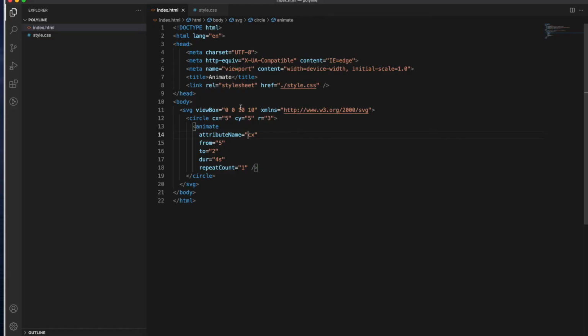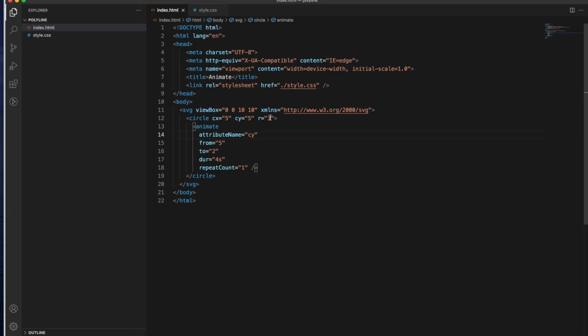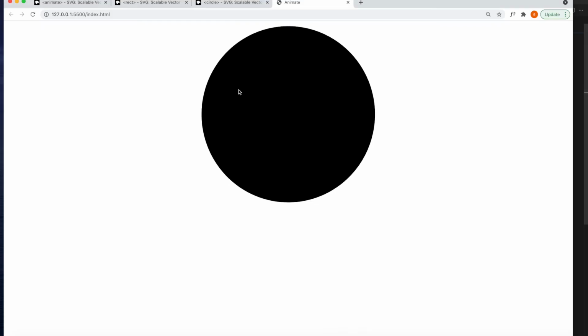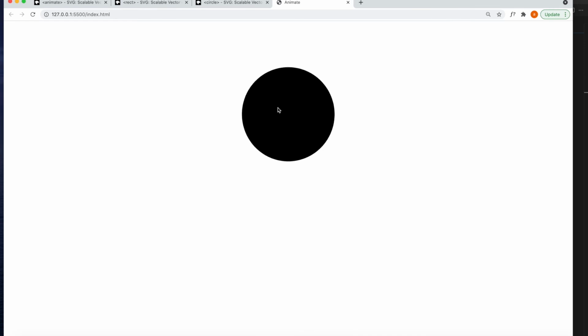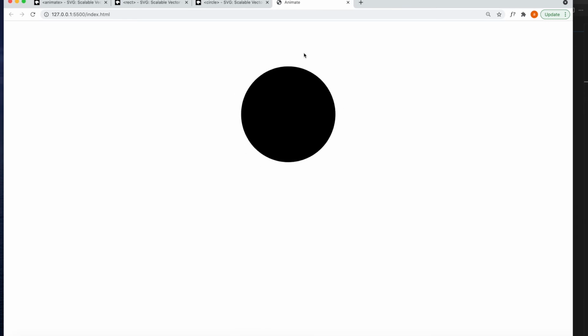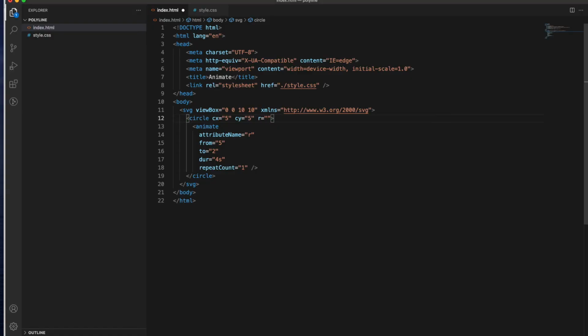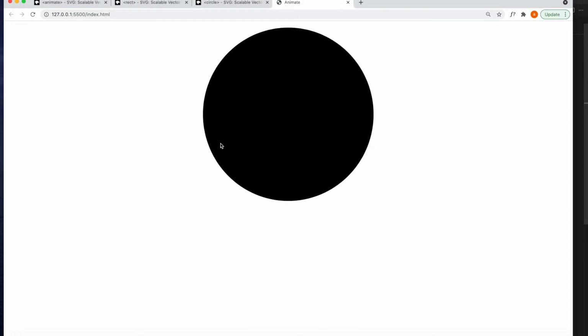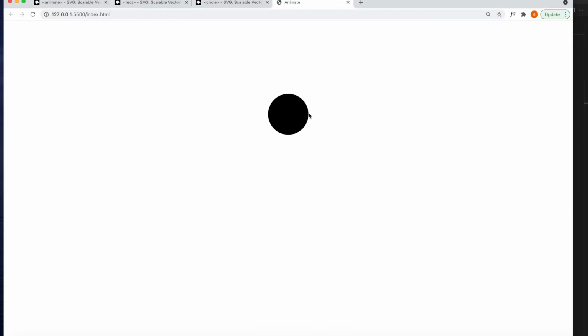You are seeing your cx getting changed, because your center is getting changed, because that's your property. You can say cy and you will see a vertical movement. Let's reduce the radius, from 5 to 2, and then it went to the original, which is 3. Let's make it 2, and it will persist there. Cool. Let's make it 0 and see the change, and it should vanish, right?